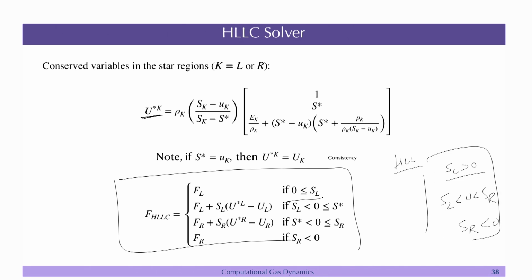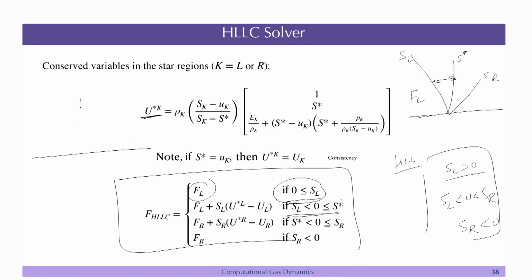Now, we have four things, right. So, this is SR, S star and SL. Okay. So, if SL is greater than or equal to 0, then we will have basically just this FL. In between this region, SL is less than 0 and which is less than S star,